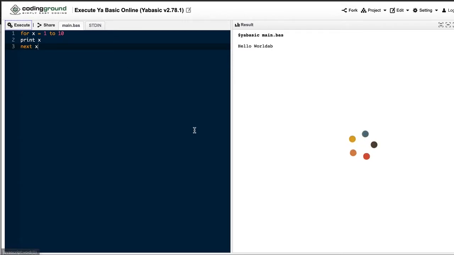And execute it. What do I get? Let me see. I get 1, 2, 3, 4. So it is running from the first number till the last number with an increment of 1, right?